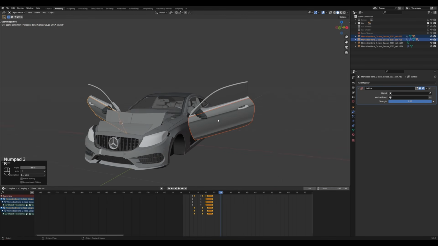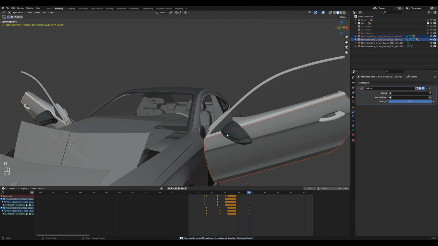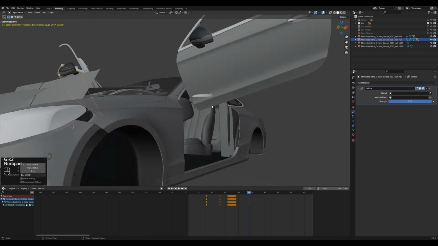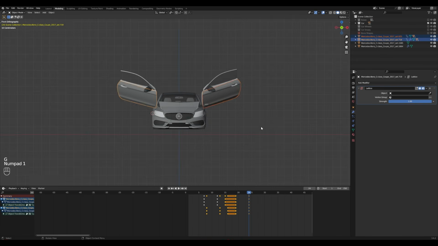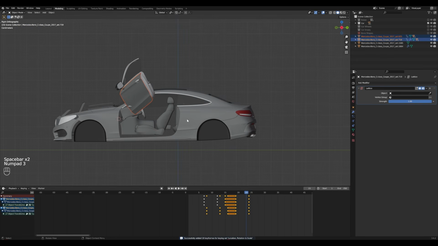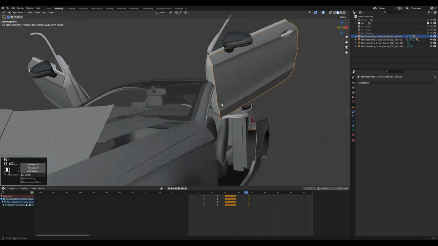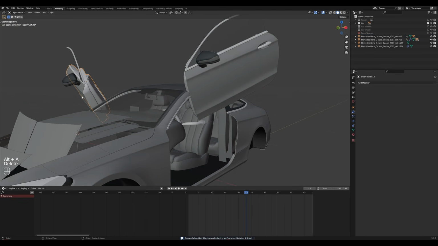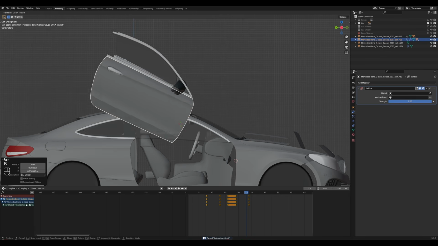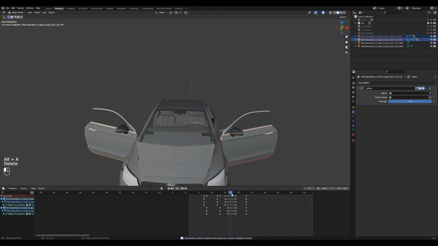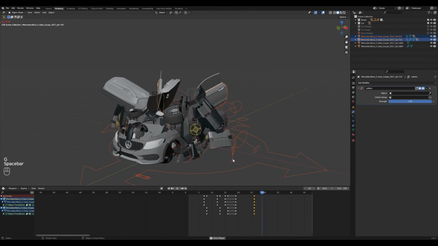Another tip for you guys: if you have some car parts on your robot as well, like I have these tows on the robot, try to animate those parts so that they are moving and then going to the position that the robot has. Like here you can see, I'm animating the door in such a way that it is going to the position of the robot's door.